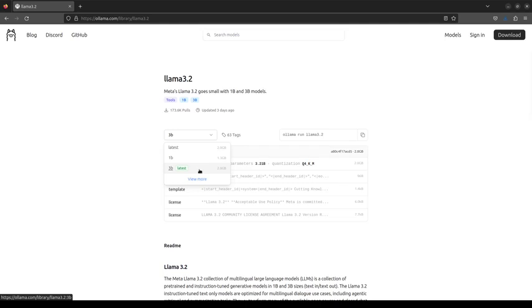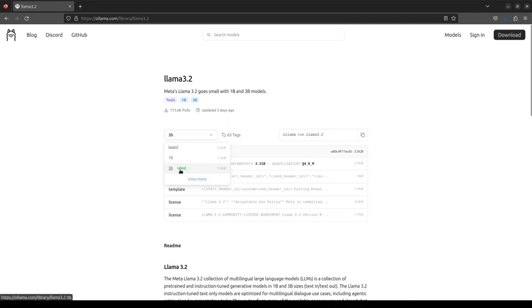I suggest you stick with the 3 billion model if you have the GPU RAM, but most people have enough GPU RAM to support a 2 GB model. Ollama still doesn't have the 11 billion and the 90 billion models. If you are interested in using those, that will be a separate video on how to use Llama CPP to run them. Those are multimodal models. These are just instruct models, which means you can only do text-based chatting with these models. So that's what we're going to focus on.